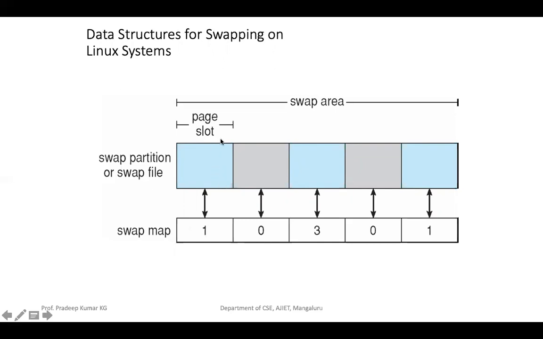For example, initially consider page slot 1, this one must be swapped for the time being. So the swap map will have an entry for that. Similarly, 0, so the second time, no need of usage. Third time, there is a use. So now we have some data structure which will have this particular capability, providing space for usage and then we access it.